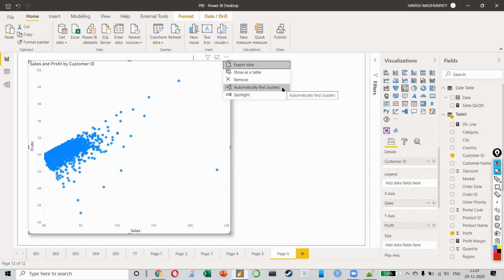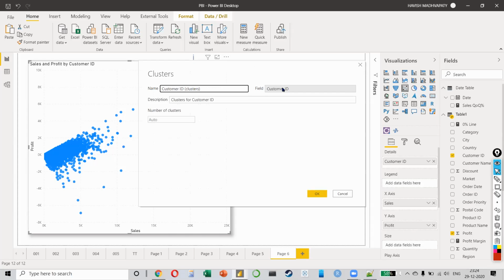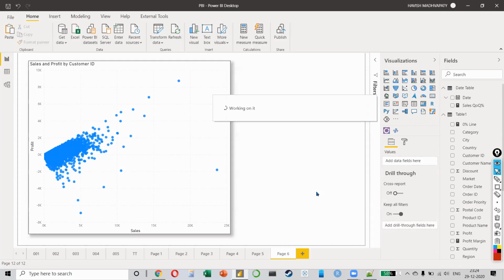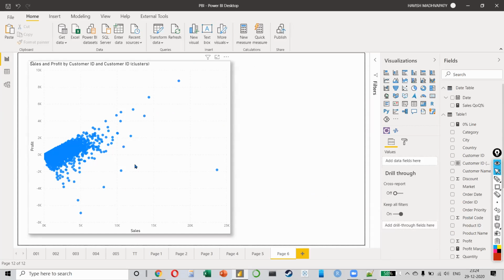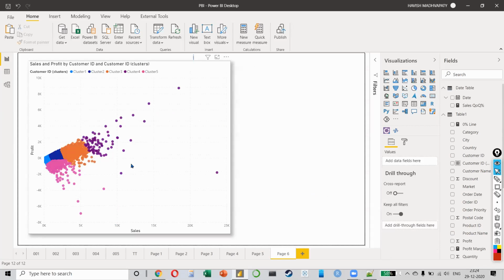Now it is asking you, how many clusters do you want to create? So let's say we want to create 5 customer clusters. So I will write 5 here. And when I press OK, very nicely, it will create 5 different customer clusters for me like this.